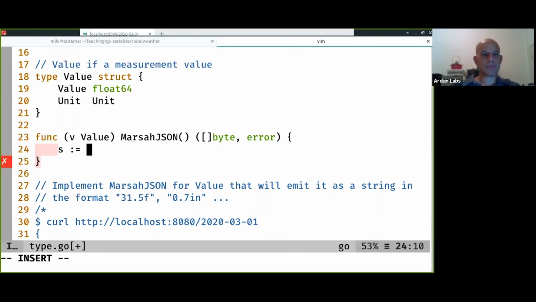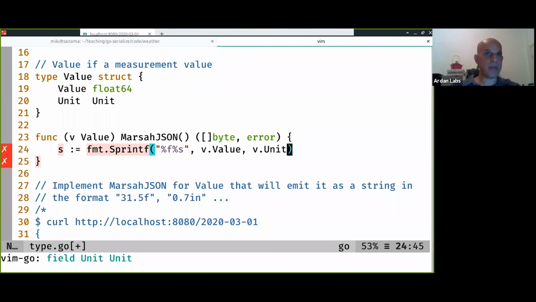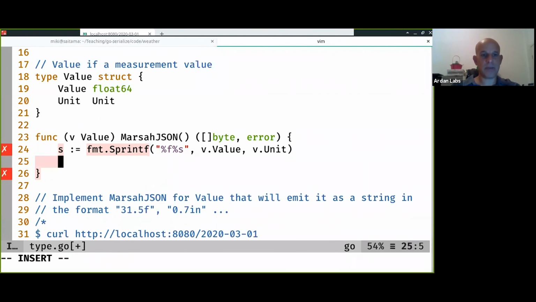I'm going to use Sprintf, so the video unit. Okay, so now I have a string, and I need to make it a valid JSON string. So now I need to do return json.Marshal